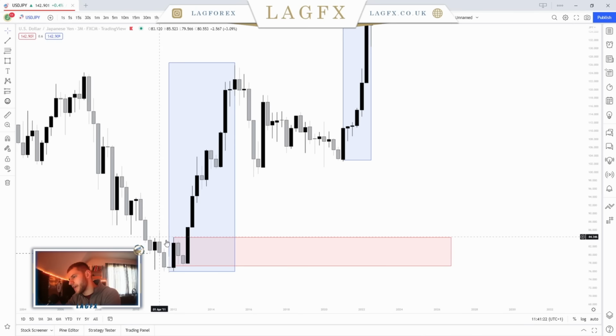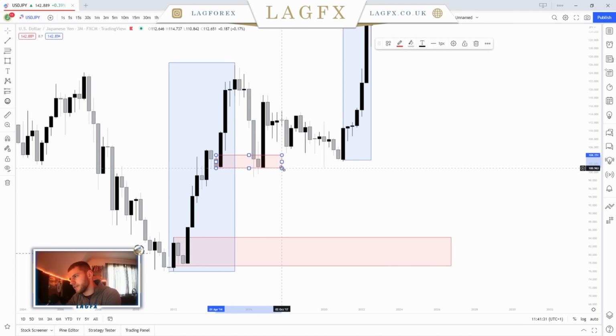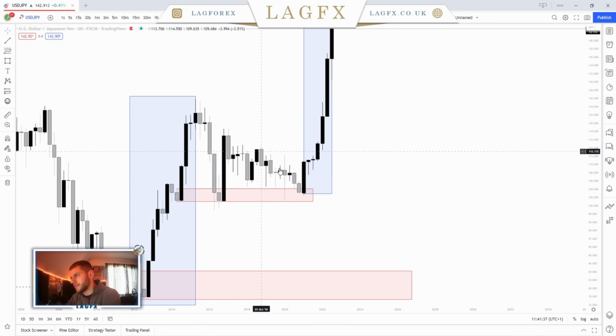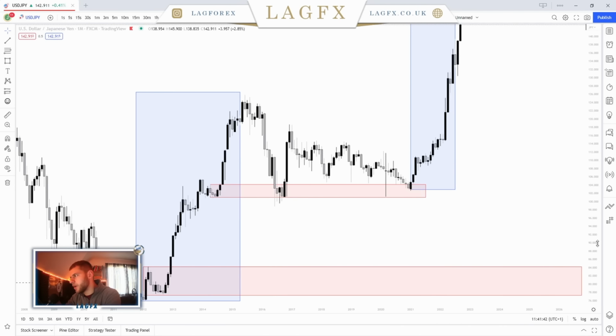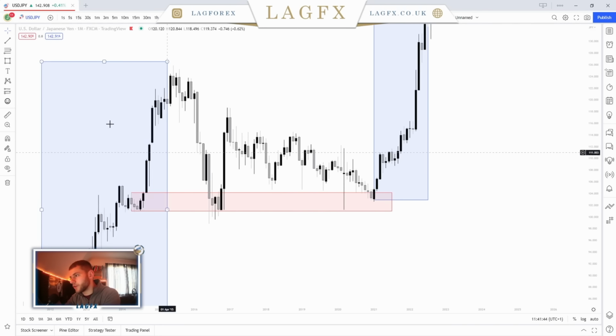Now, the reason why here I've taken the whole region and I haven't here is because the wicks would indicate that the actual final sell to buy is in this region right here. So we see that price has tapped into this sell to buy region. We've then seen the reversal. We've then gone higher. Now, if we go slightly lower, we can see that we have had entry confirmation,